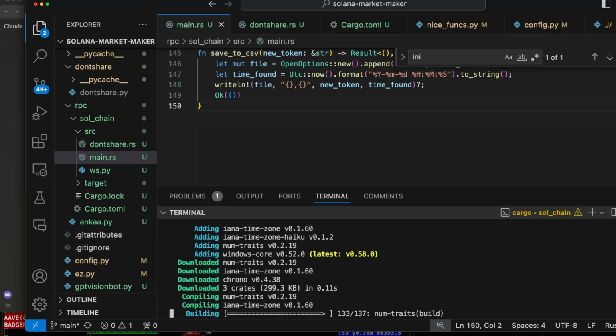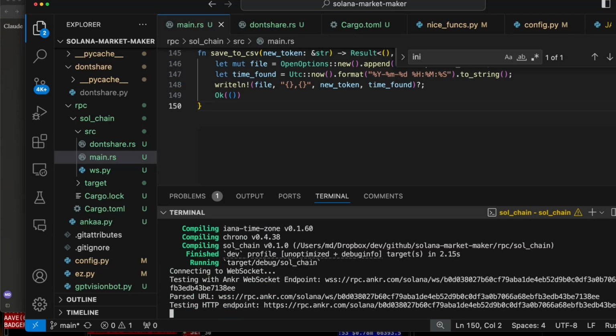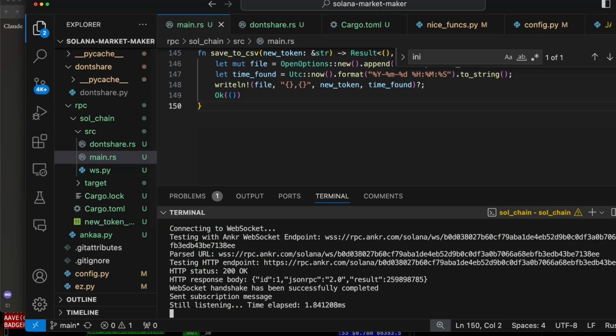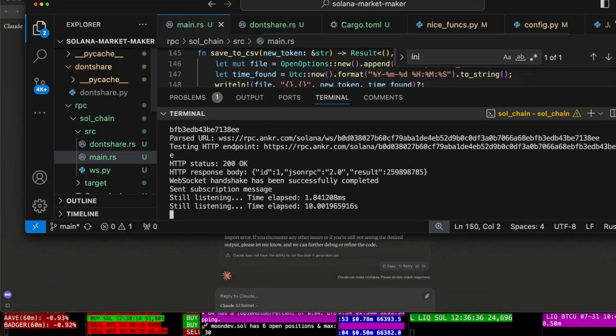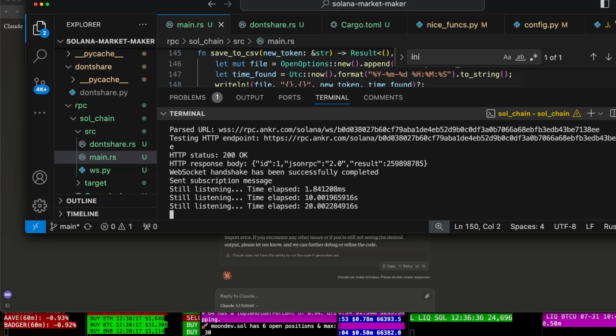Cargo run. Let's get it. Let's go. Nothing yet. Okay. That's okay, though. It might take a while. Oh, I don't know. I don't think this is working. I don't think this is working yet. So,